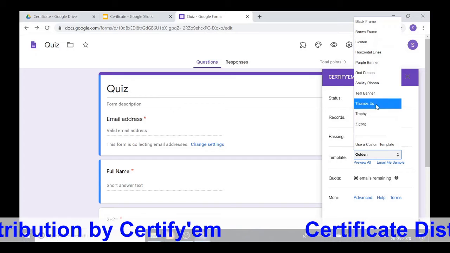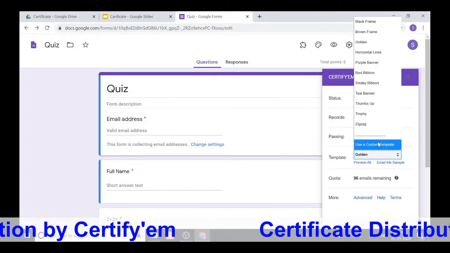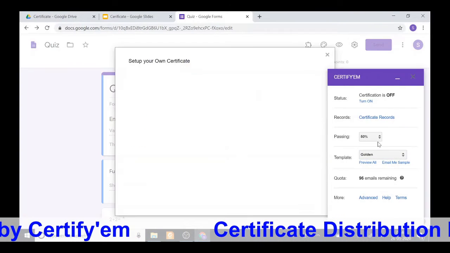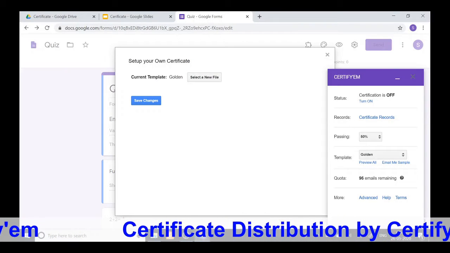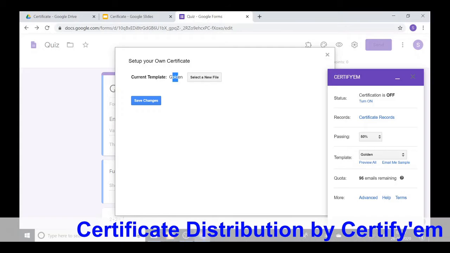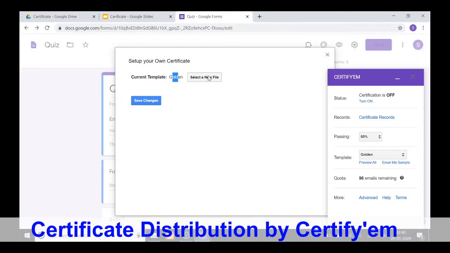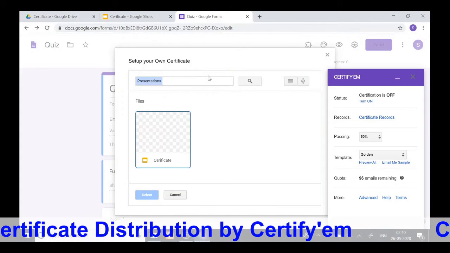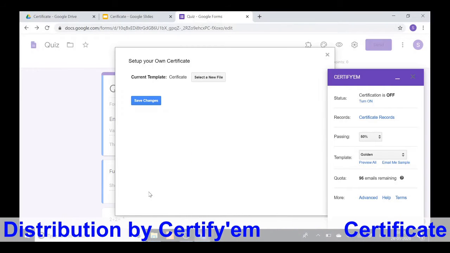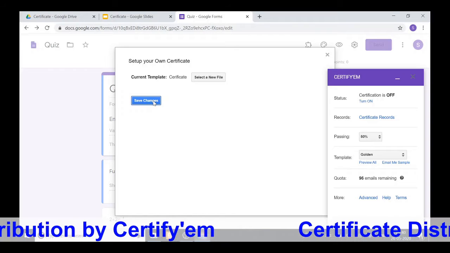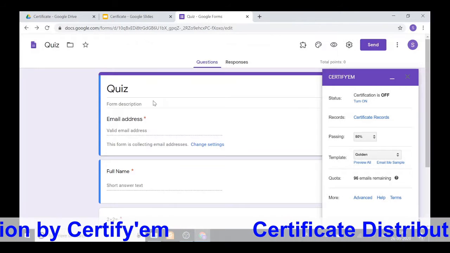There are ready-made templates, but I have my own, so I use a custom template. By default the golden template is selected. Now click on select a new file. Now my certificate, select, save changes.